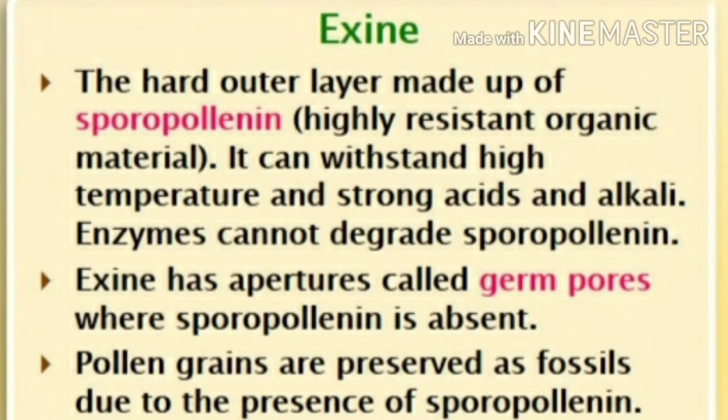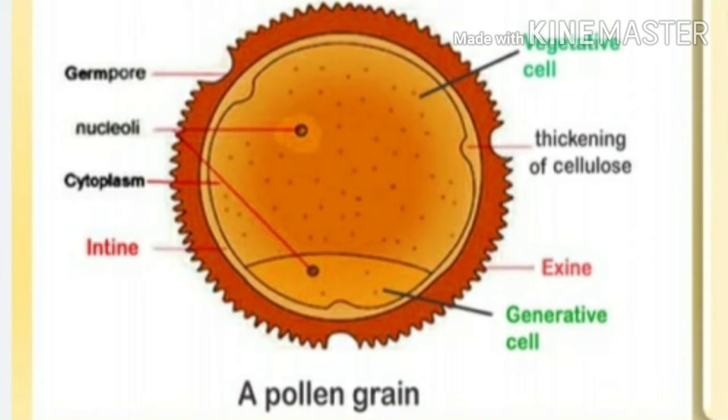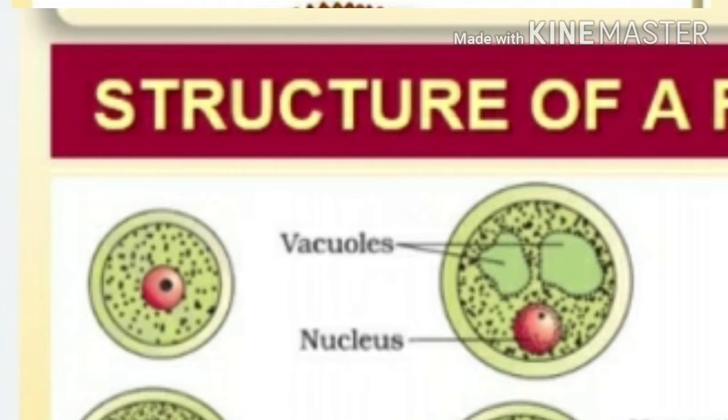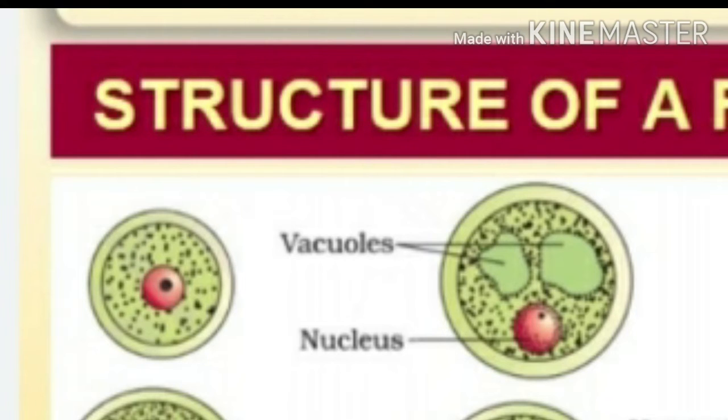Now the newly differentiated pollen grain has got a central nucleus and a dense cytoplasm, and the entire pollen grain is covered by the membrane which is known as the plasma membrane. Okay, and you can see vacuoles developing inside which will push the nucleus towards a particular side. So this is the structure of the pollen grains.